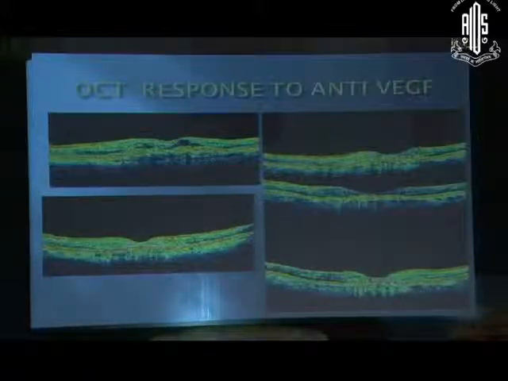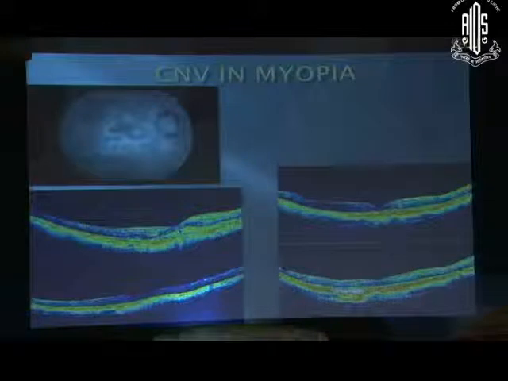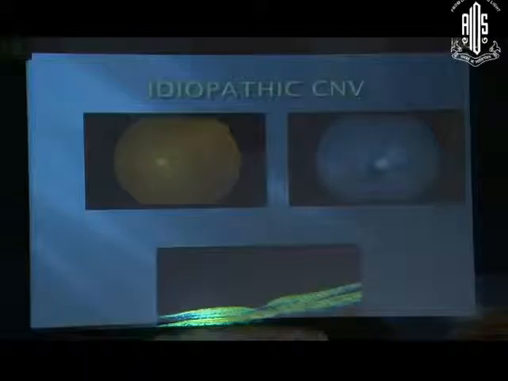Another patient with age-related macular degeneration, and sometimes even with one or two injections, you are able to get a foveal contour back, but these patients sometimes become dry, and sequentially, if we see over time, there may be geographic atrophy coming in these cases. In myopia, the changes on OCT are not very much compared to age-related macular degeneration, and in these cases, the best way to follow up is fluorescein angiography leakage, then OCT. Idiopathic CNVM, again the features are similar. There may or may not be much change in the inner retina.